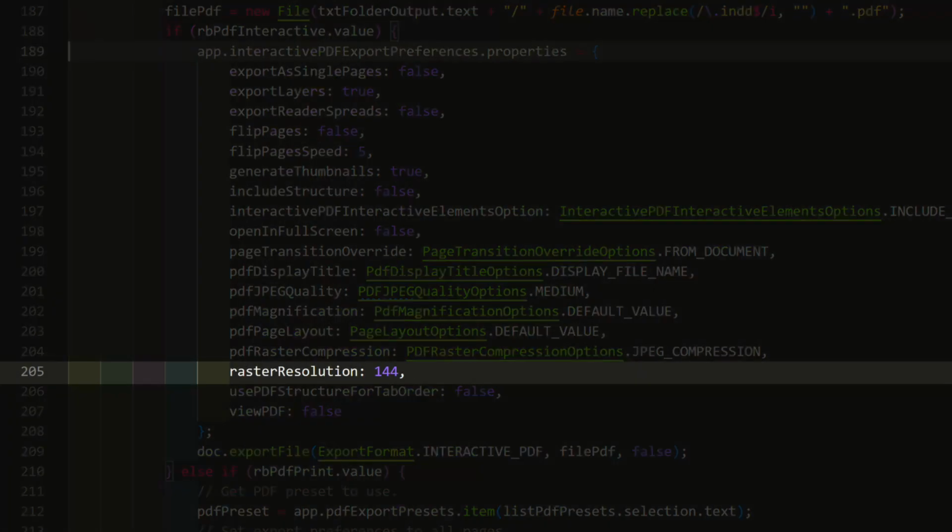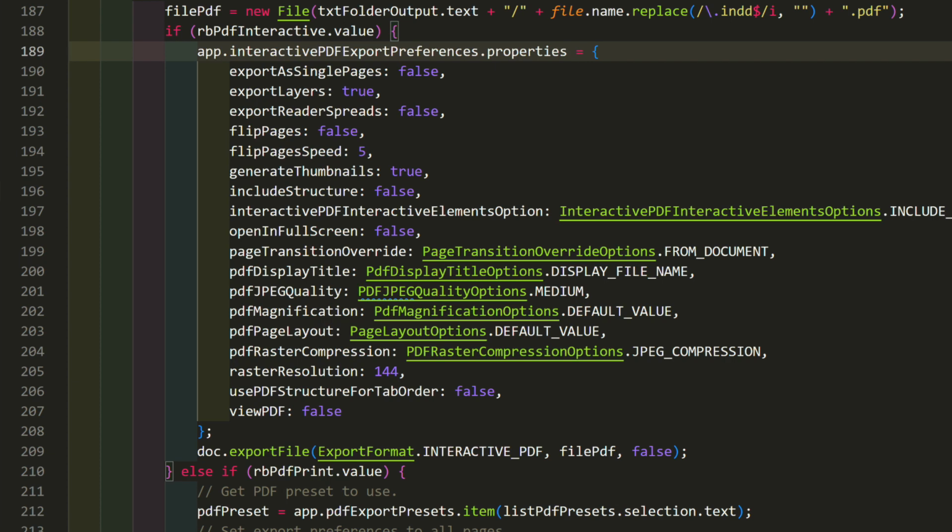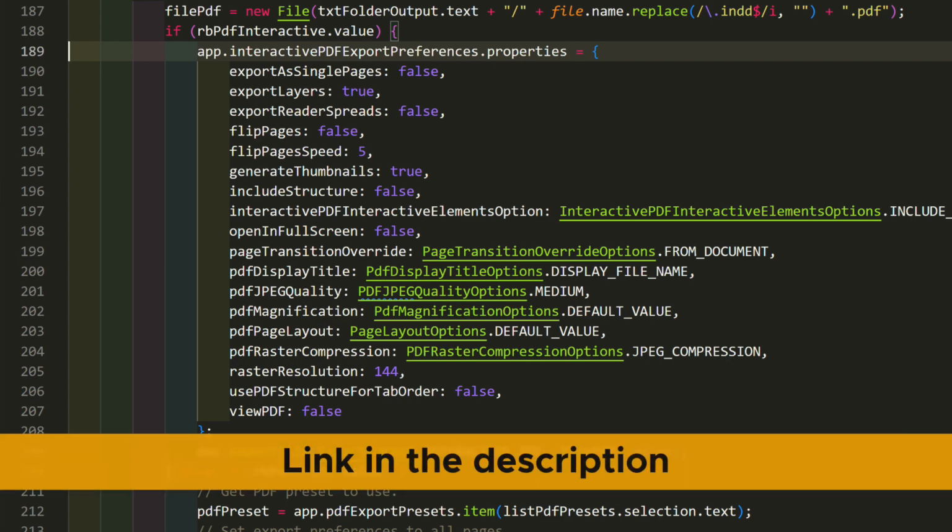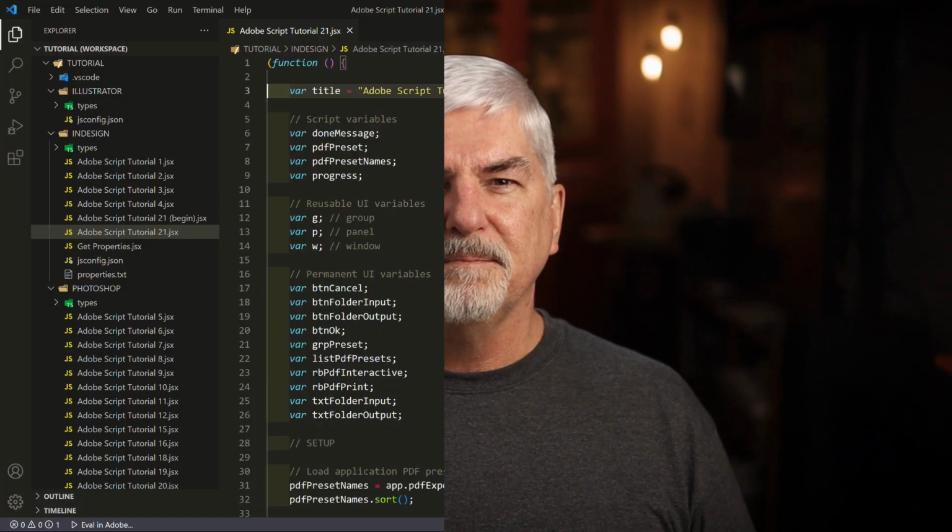Raster resolution is set to 144. That's pixels per inch. Change to any value you prefer. For an online reference of all these preferences, see the link in the description. Next, we should put these choices in the interface, but I'll save that for the next tutorial.